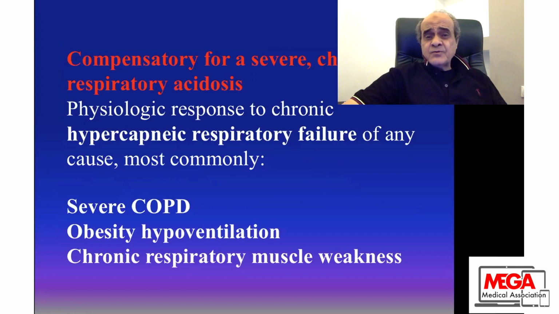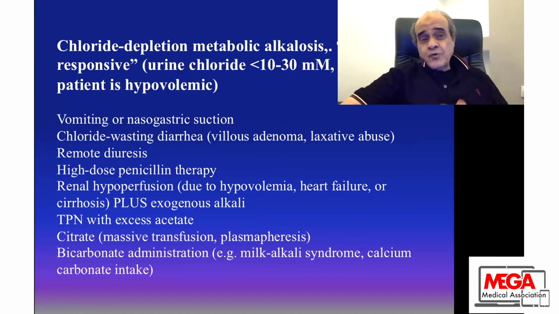In all patients with respiratory failure, hypercapnic respiratory failure, as you know, severe COPD, obesity hypoventilation, chronic respiratory muscle weakness, all those patients exhibit hypercapnia and associated metabolic alkalosis for compensation. We have two types of patients. We have chloride depletion metabolic alkalosis, and those patients will respond to saline infusion for management,